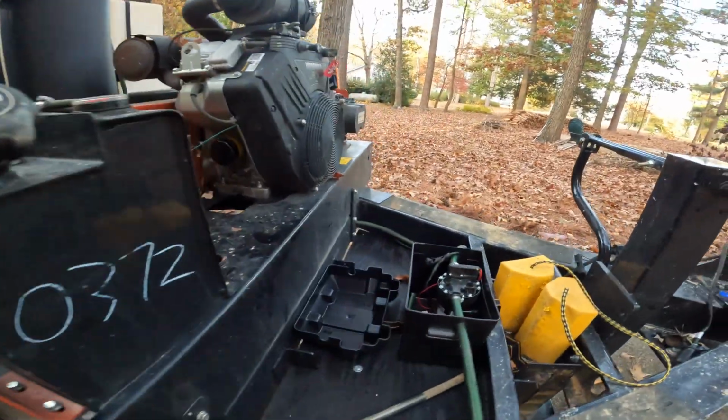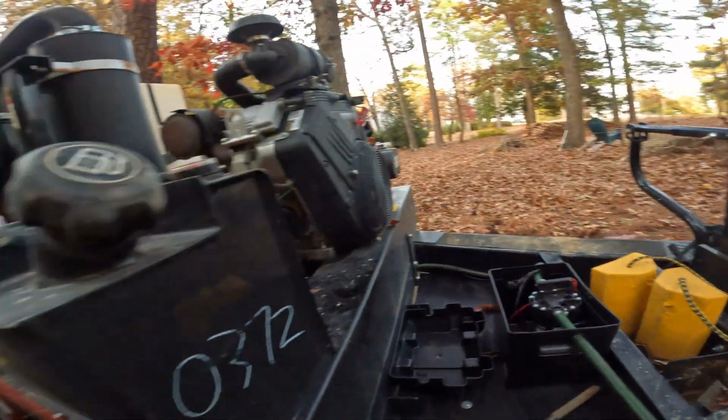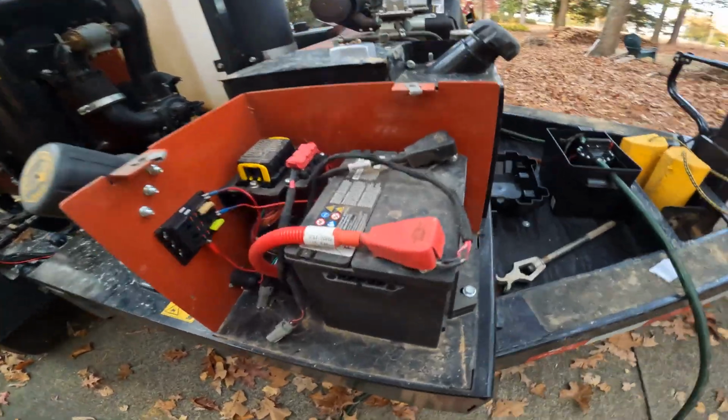On the front of this little pump, if you guys can see, it reads 19 amps max, so 20 I guess would be a safe bet, and luckily enough I had one laying around. So as you can see,